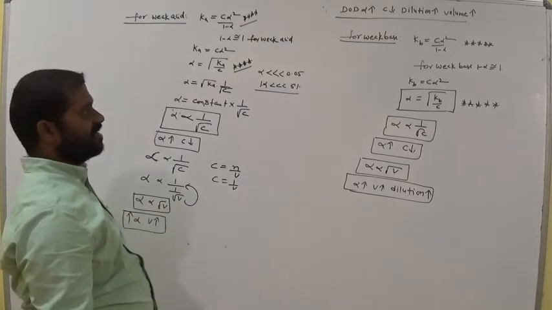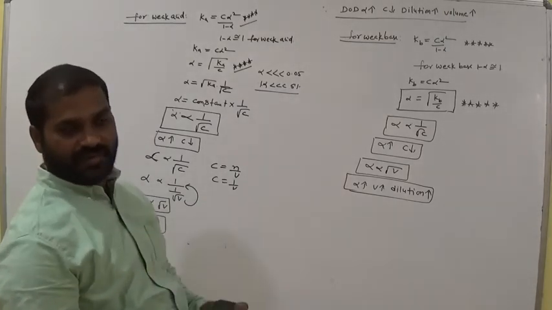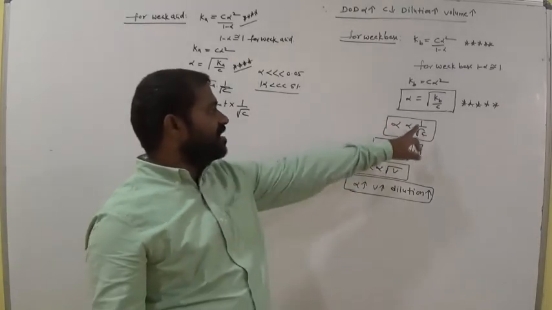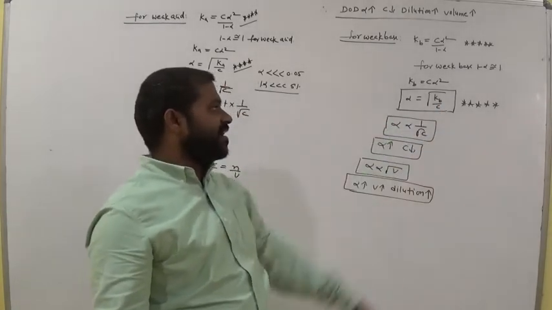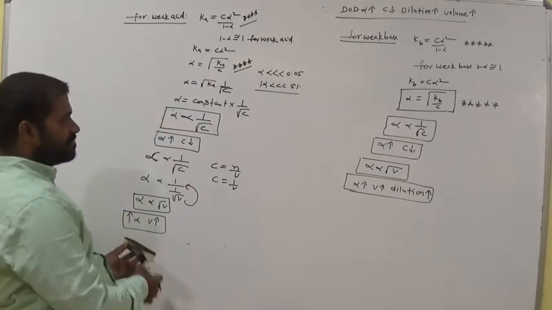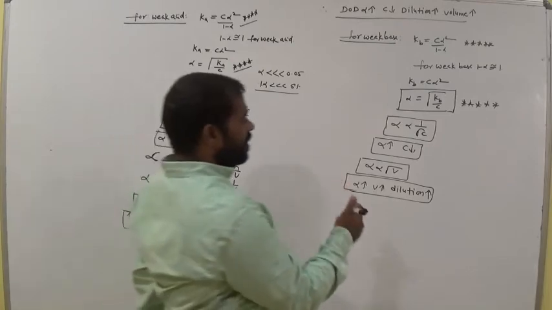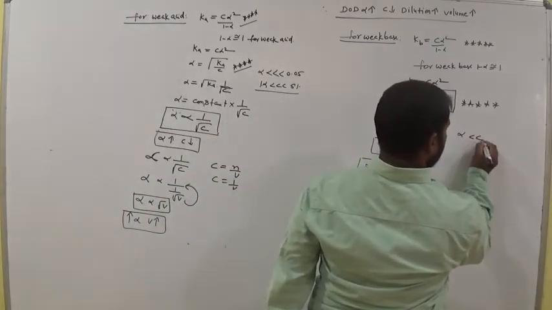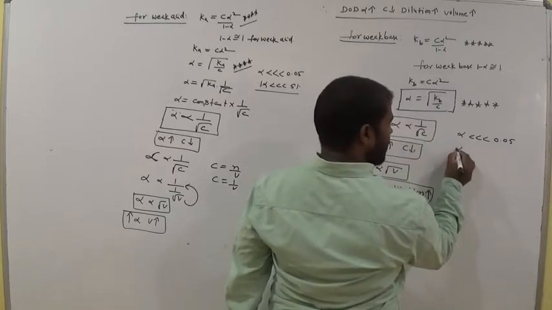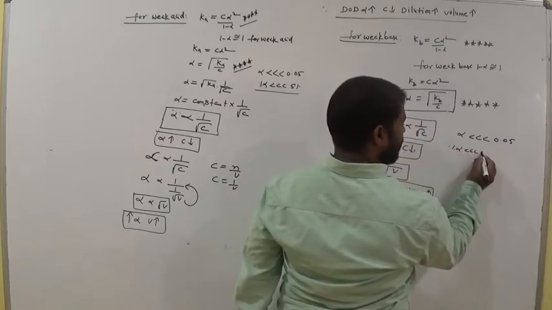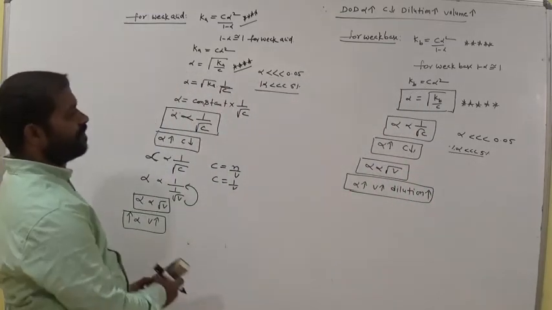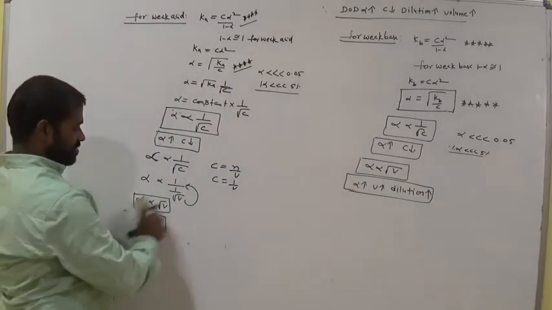This is a statement regarding Ostwald dilution of weak acid and weak base and the relation between their equilibrium constants, degree of dissociation and concentrations. Is it clear? So where alpha is very much less than 0.05, then it is the weak condition, percentage of alpha is less than 5%. This is about Ostwald dilution.